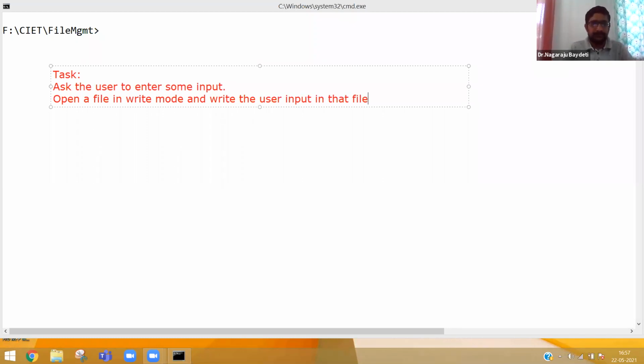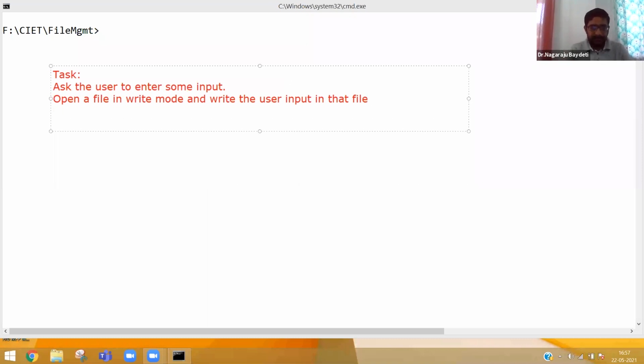Let us do that. What is the task? I want to open a file in write mode, and whatever user is entering. Right now, we are only displaying on the screen. Now, whatever user enters, let it go into the file.